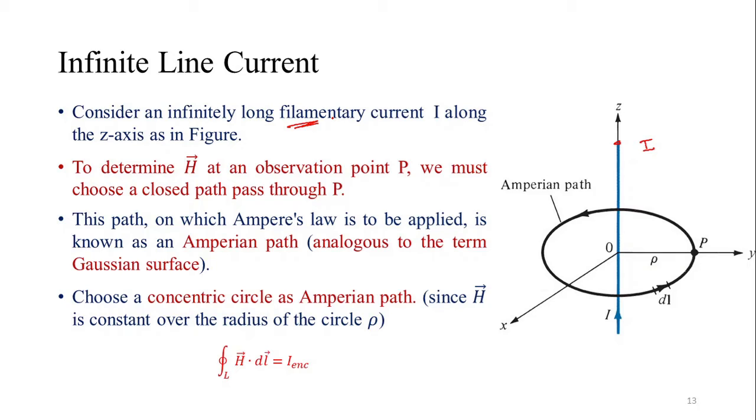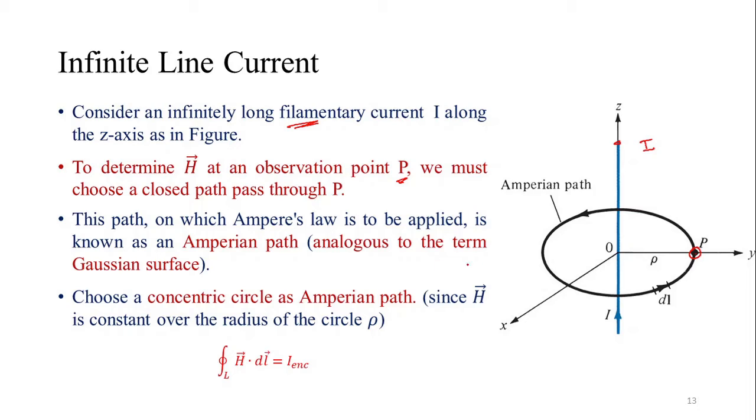Dimension plays a huge role in the current density, so it will greatly increase the complexity. To avoid such complexities, we are assuming the current carrying conductor is a filamentary type, or the thickness is negligible. Now let's try to compute the magnetic field intensity at an observation point P. Due to this current carrying conductor, we are observing some field at point P.